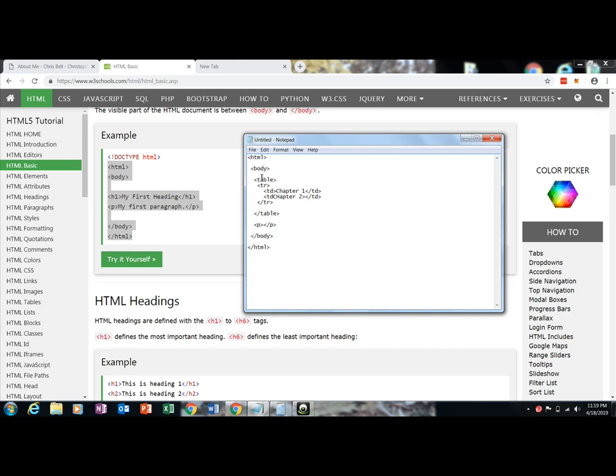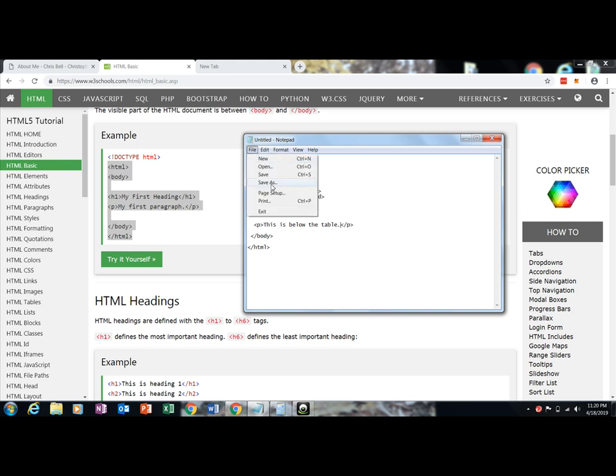So you have the body, and then you have the table, end table here with the table row, and within the row there's going to be one spot here and one spot here that say chapter 1 and chapter 2. And the table ends, and then you have a paragraph here below the table that you can say this is below the table,